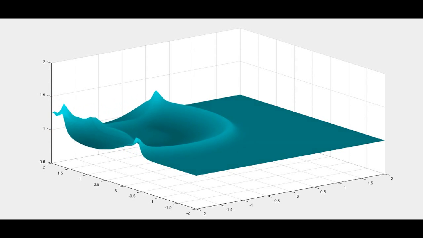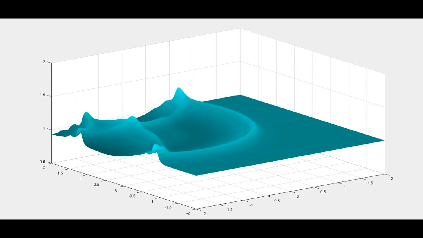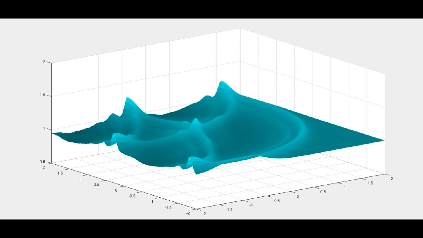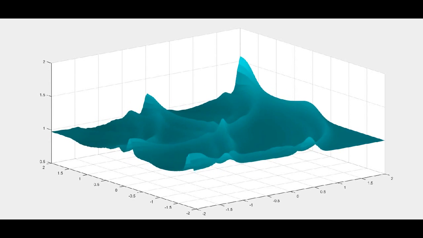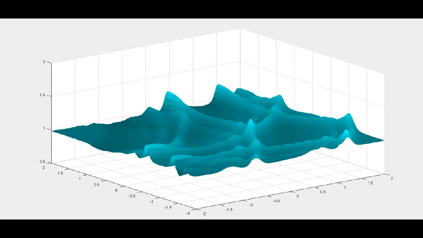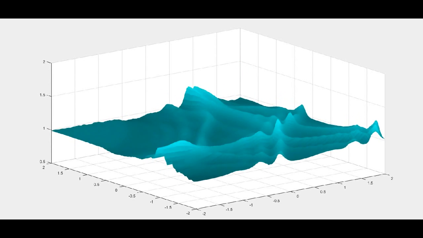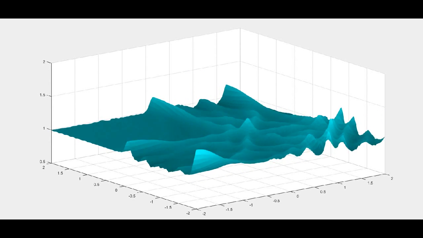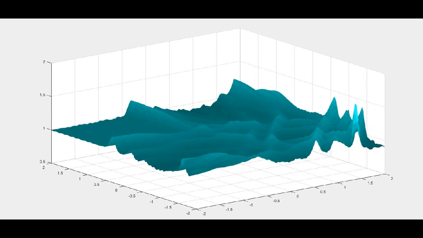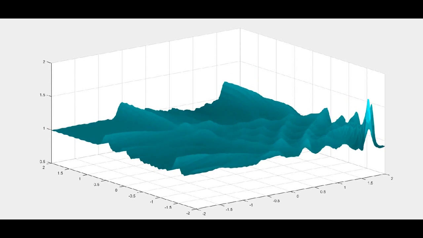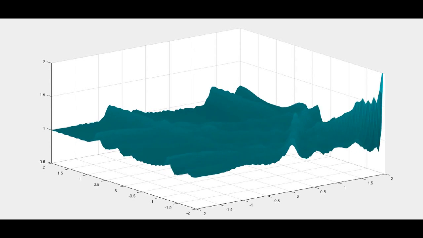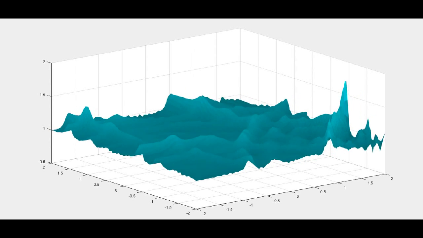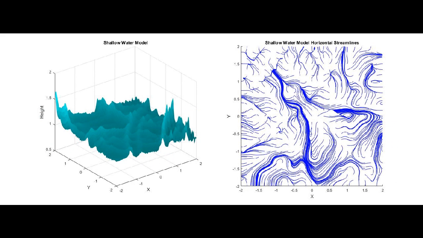For initial conditions, the water was at rest, with a Gaussian-shaped peak added near a corner to represent the impact of a drop of water. Variations of this initial condition were also tested. Boundary conditions for height, u momentum at the ends of the x-axis, and v momentum at the ends of the y-axis, were found via extrapolation from the two neighboring points. A boundary condition of 0 was specified at the remaining boundaries for u and v momentum to reflect waves back into the surface, representing the walls of the tank in the model.